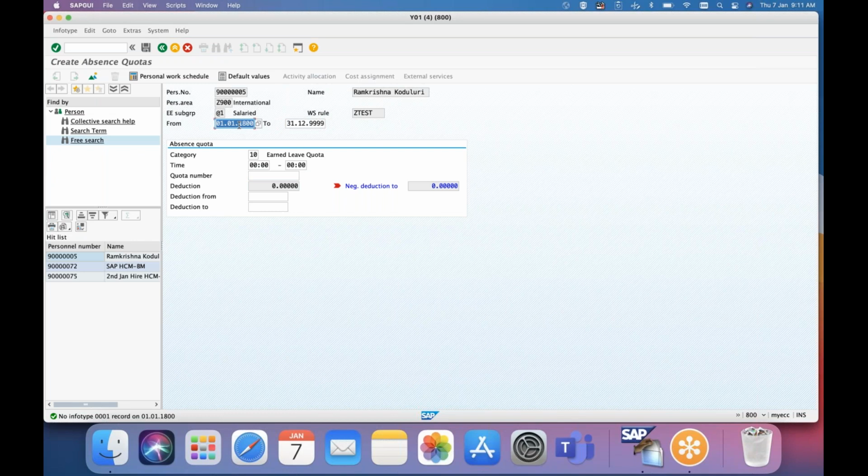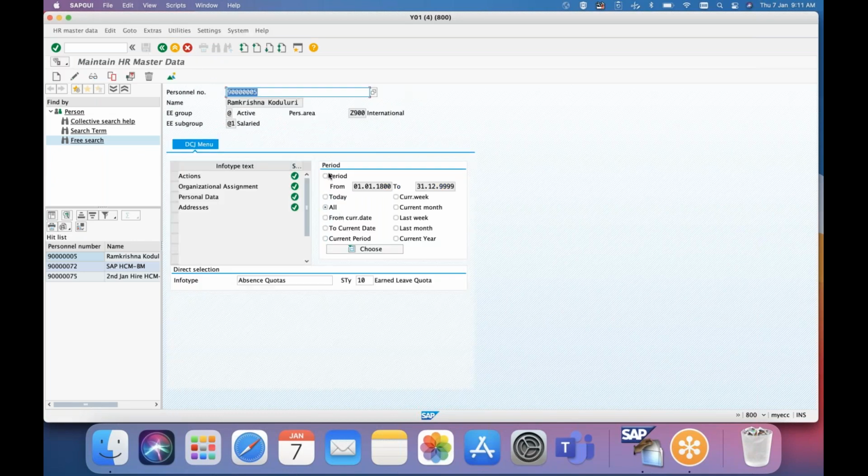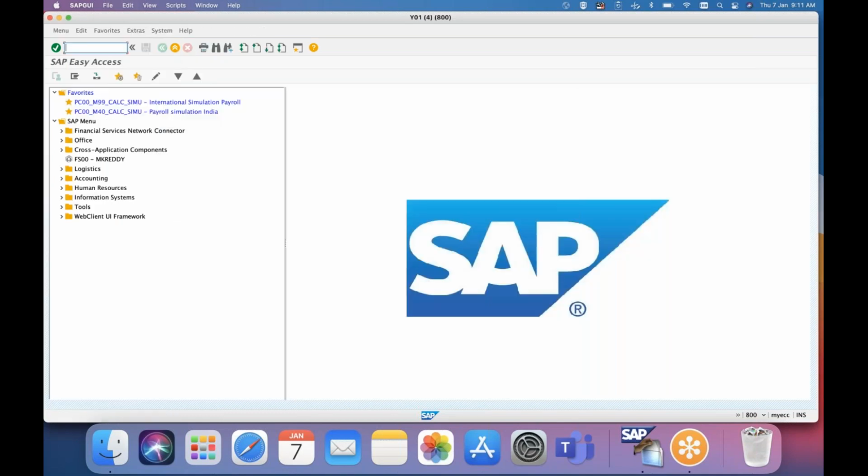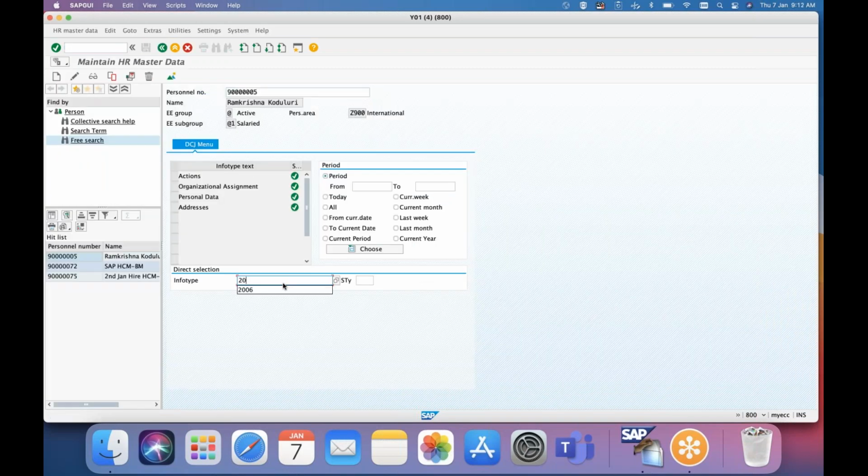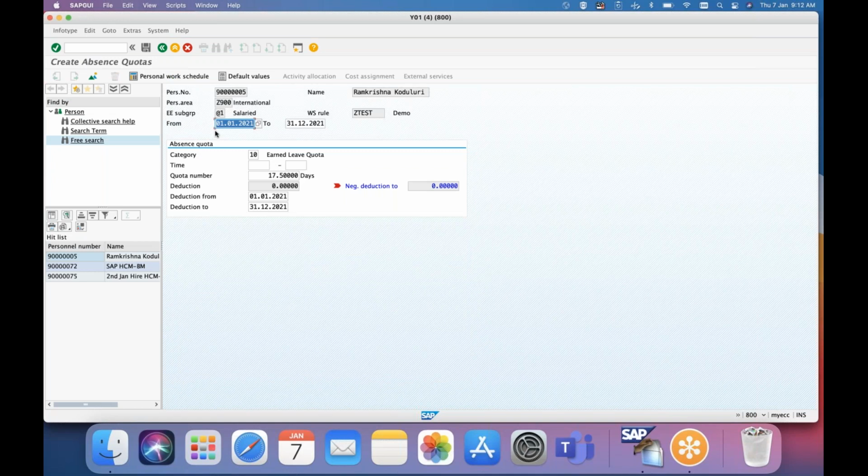As of now, I selected all, and that is the reason it is getting selected. Likewise, you can see here the quota is getting generated.